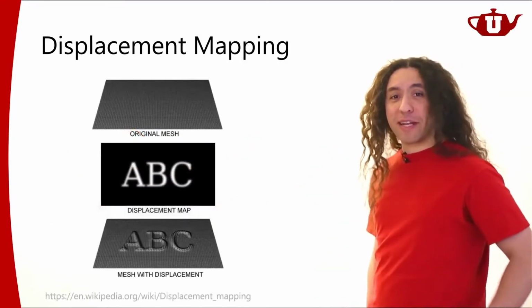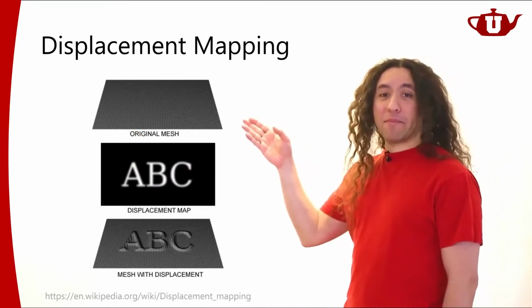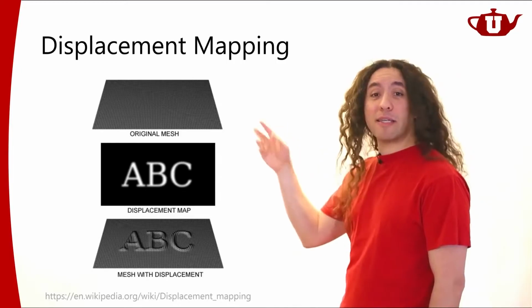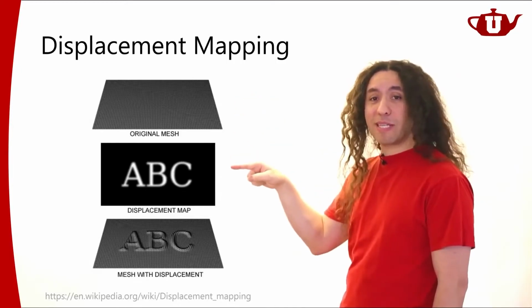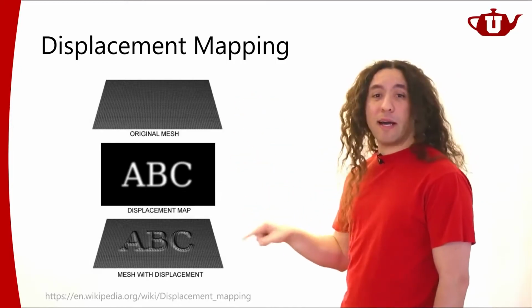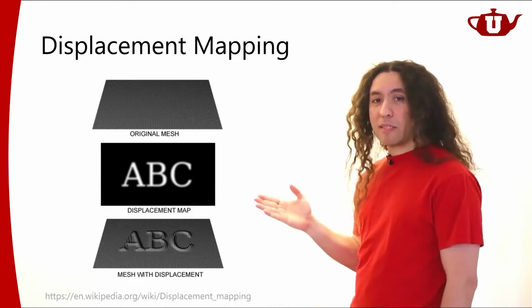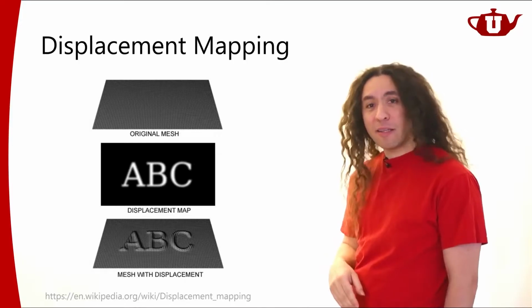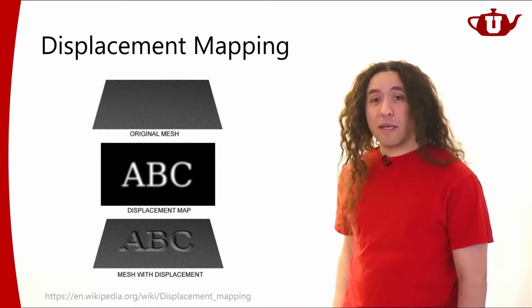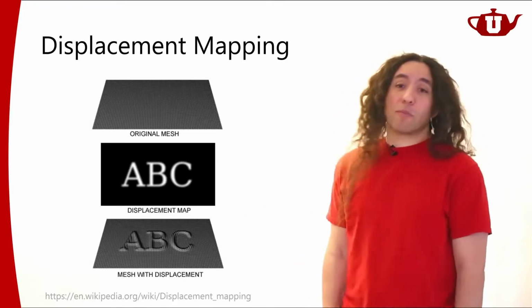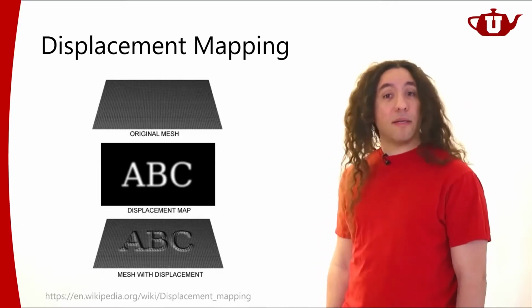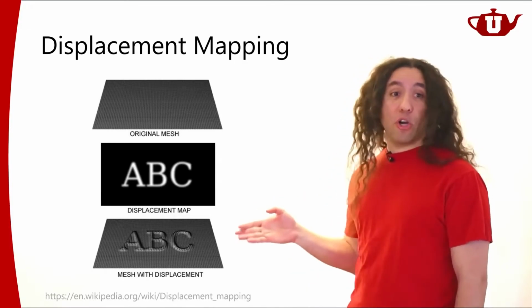Like here's an example. I can get a highly tessellated model like this. It's a flat surface. I apply this displacement map, and in the end, I get this displaced surface. And it's actually displaced. It has this geometric detail to the resolution that I can represent. So in the end, this is going to be, yes, a lot more expensive than normal mapping or bump mapping, but I'm going to have the actual geometry here.